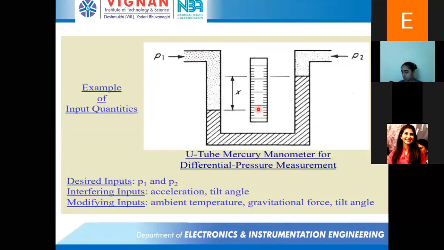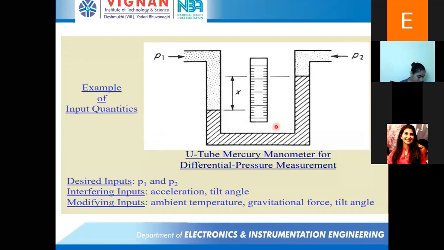What is the figure? What does it indicate? Anyone? It is a U-tube mercury manometer. I am just checking whether you are listening or not. It is already available on your screen, but no one is responding. Just try to respond, then only I can continue. If you are not following, then I cannot continue. So meanwhile I am going to check whether you are alert or not.